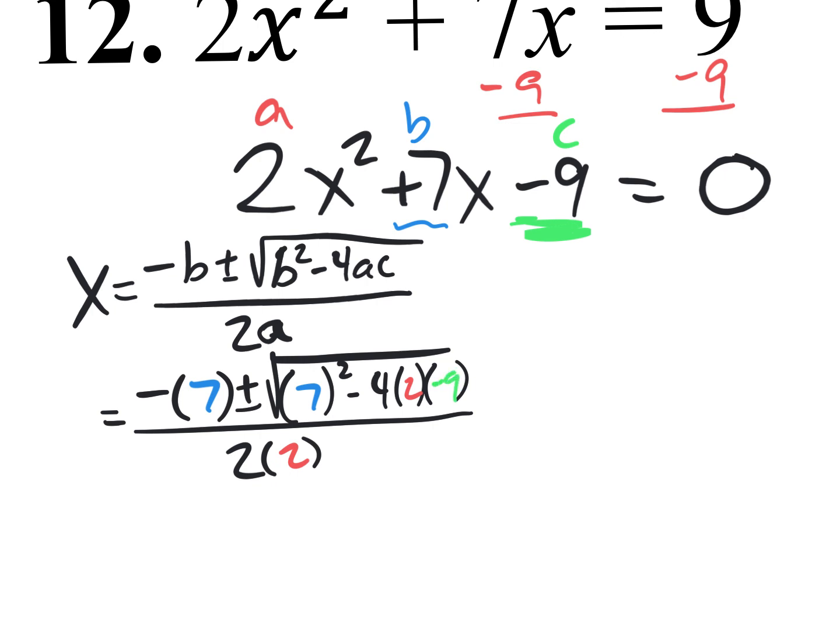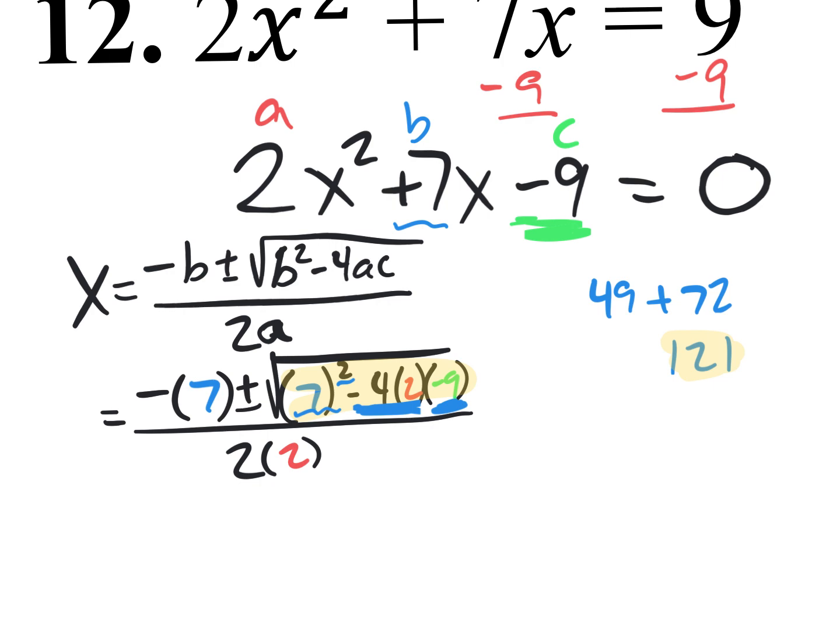And of course, we're going to do the math here of the inside of the square root, which we know is called the discriminant. So when you do the discriminant, you're going to begin with the 7 squared. 7 times 7 is 49. I just write that on the side. Then I have a minus 4 times 2. That's a minus 8. But then minus 8 times minus 9, that's a positive 72. So what we really have is 49 plus 72, which ends up being 121, I believe. So the discriminant is 121,